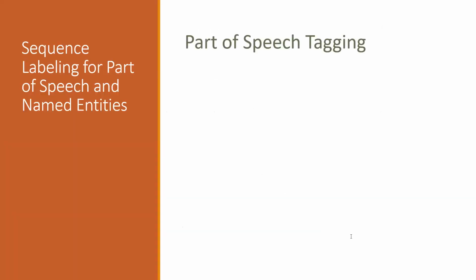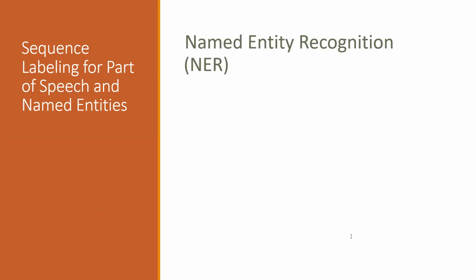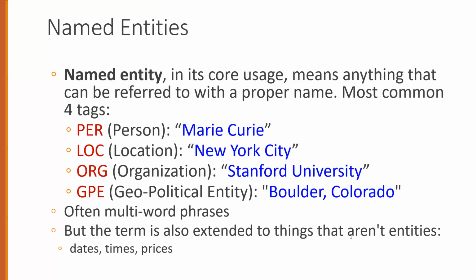We have sketched the high-level part of speech tags and the task of part of speech tagging. Let's now introduce the task of named entity recognition. Proper names are another important and anciently studied linguistic category. While parts of speech are generally assigned to individual words or morphemes, a proper name is often an entire multi-word phrase, like the name Marie Curie, the location New York City, or the organization Stanford University.